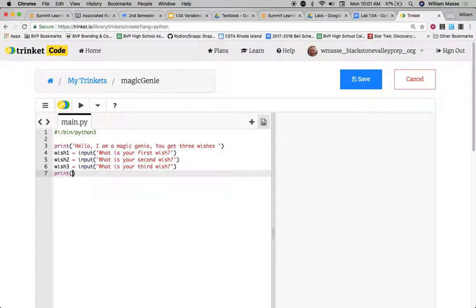Should be easy enough because if you remember, the input function will always return a string. So all we need to do is put these strings together. So we might say something like this. We might print out a string that says, you wished for, put a little space there. We'll say the first wish. So you wished for wish1. Wish1 is already a string, so we don't need to convert it into a string. Plus, we might want to put a comma in between each wish. So we'll do wish1, and then we put in quotes a comma